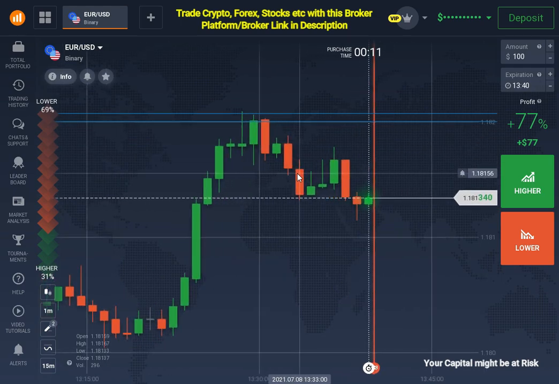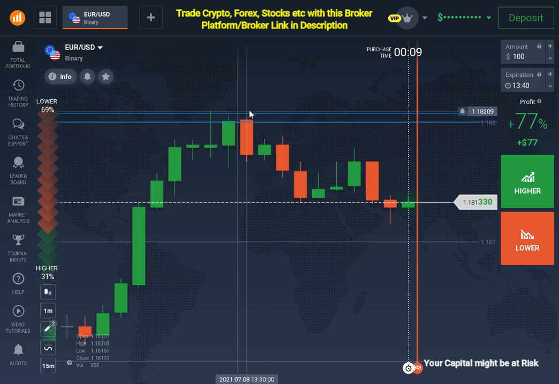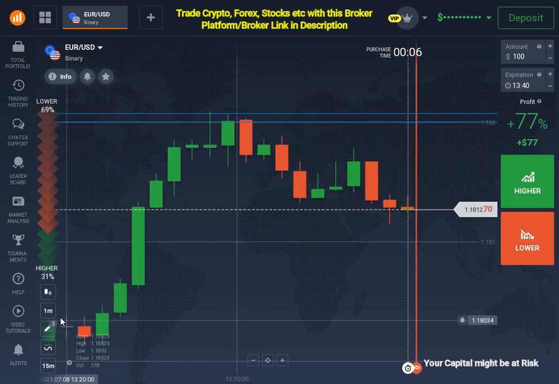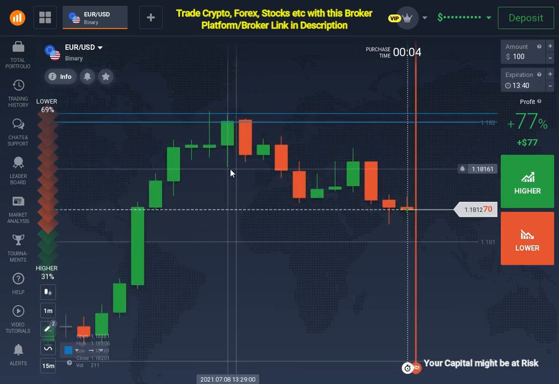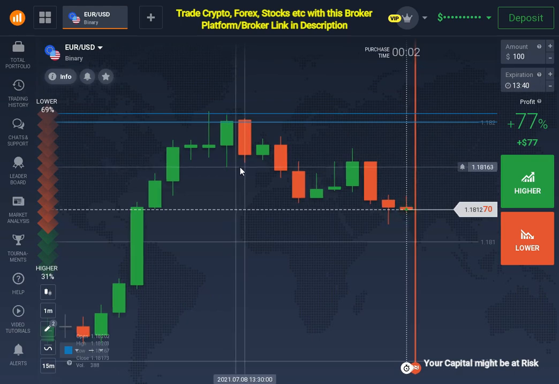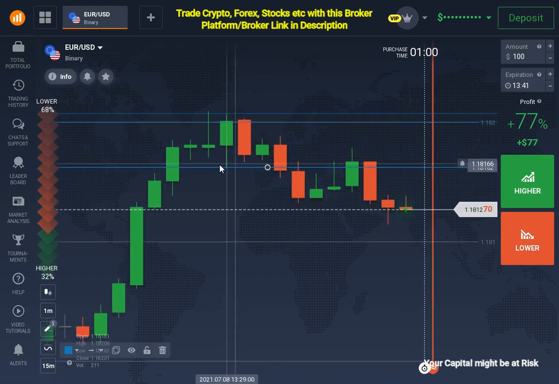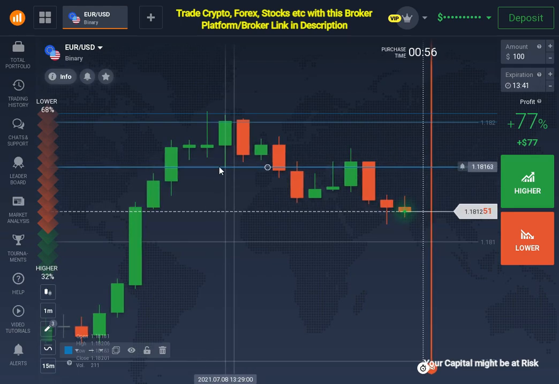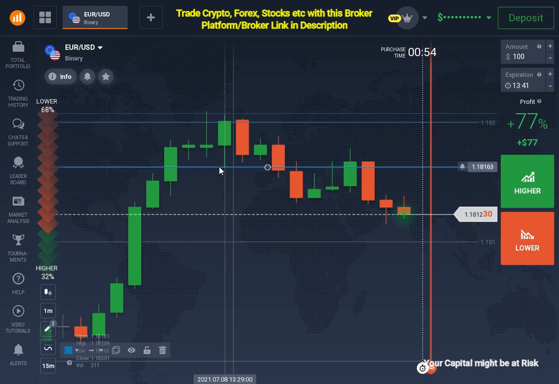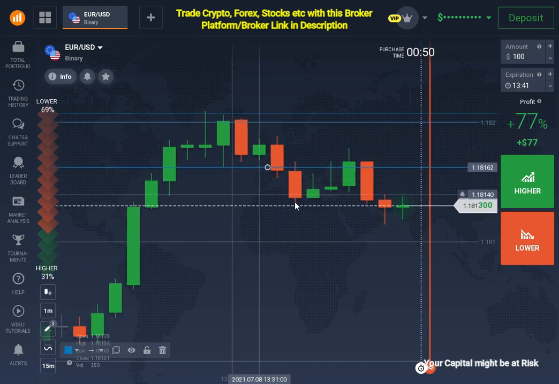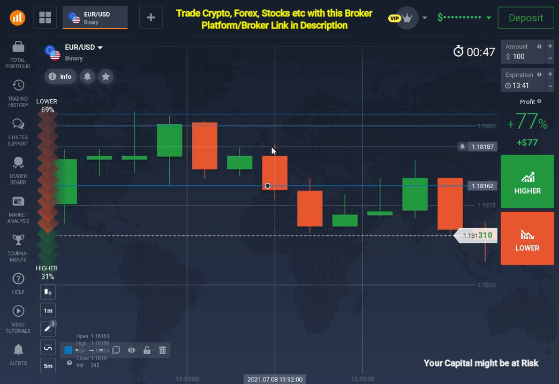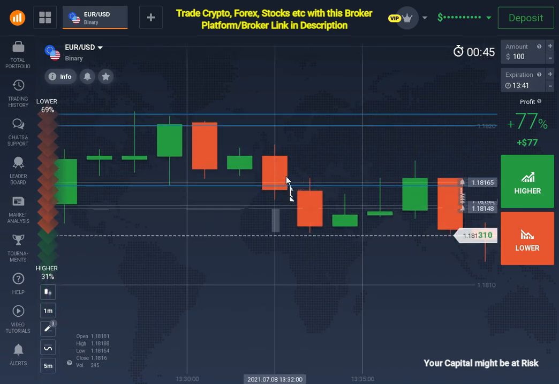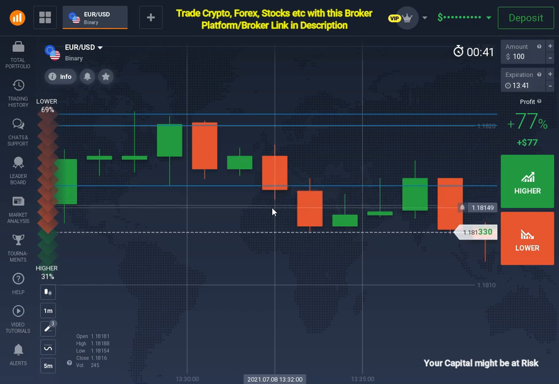And what I see here, I see that this is the confirmation that sellers have entered, but I didn't put my trade here. Why? Because I wanted a clear breakout from this recent support level. Only then I can say that market will go in the downward direction for the coming next 5 to 10 minutes. So what I did, I waited, and we got a breakout from this candle, but the breakout was not clear, so I didn't put my trade here.